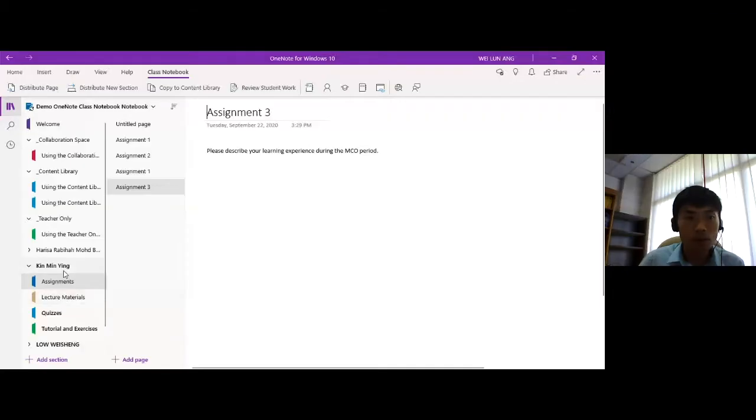Okay. Now, once I created the assignment in Microsoft Teams, this assignment 3 will automatically appear under the assignment sections of the student's notebook. So they have to answer the questions. They have to answer their solutions here.